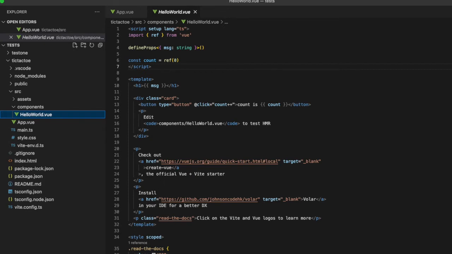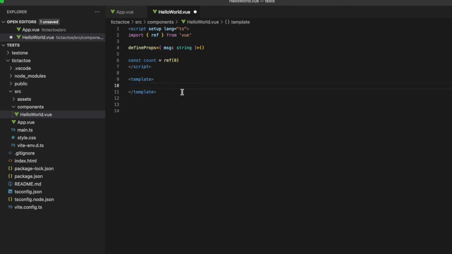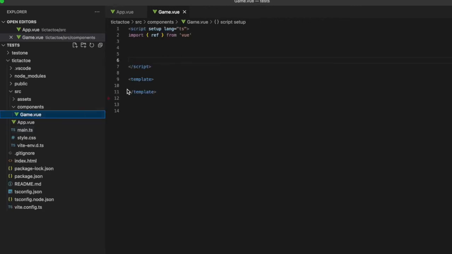So let's go ahead and delete this style. We're not going to use that. We are not going to use any of this. We're not going to be passing any props, and we don't have a count. So we have a skeleton, and we're also not going to call this hello world. We're going to call it game. So let's rename it, and let's just put something in here like